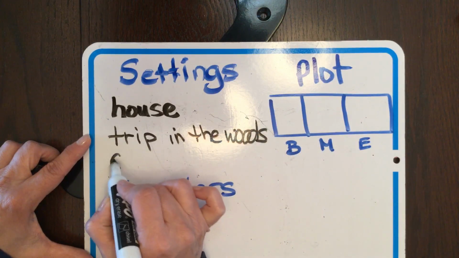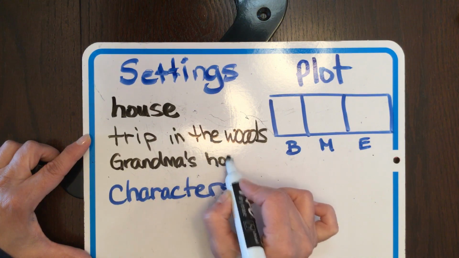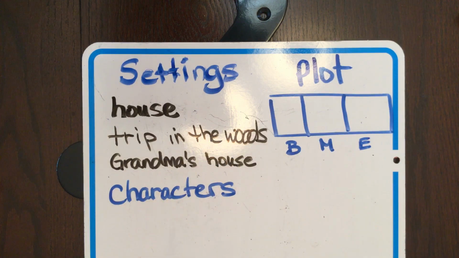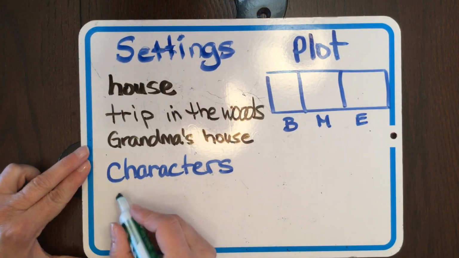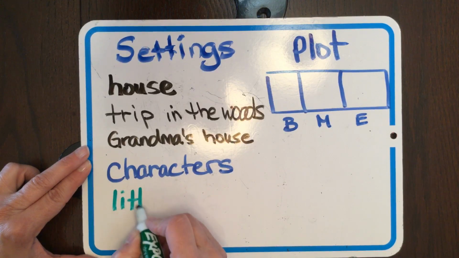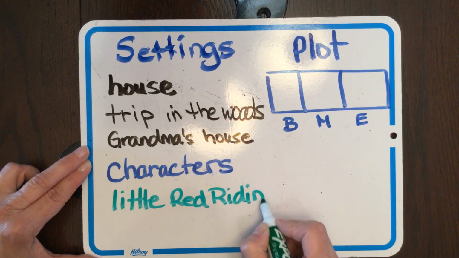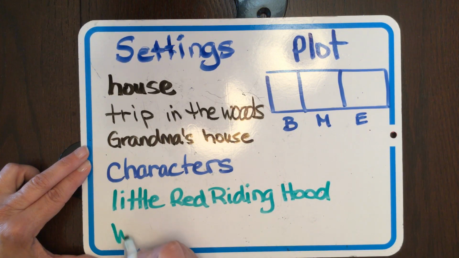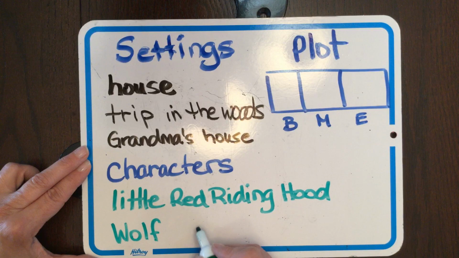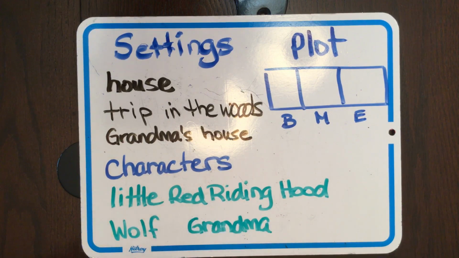Or you might draw me a picture of Grandma's house. Because you get to see a good picture of her bedroom and what happens there. You might draw me a picture of the characters. You might draw me your very best picture of Little Red Riding Hood. You might draw me a picture of the wolf. You might draw me a picture of Grandma. You might draw me a picture of the wolf dressed up like Grandma with Little Red Riding Hood at her